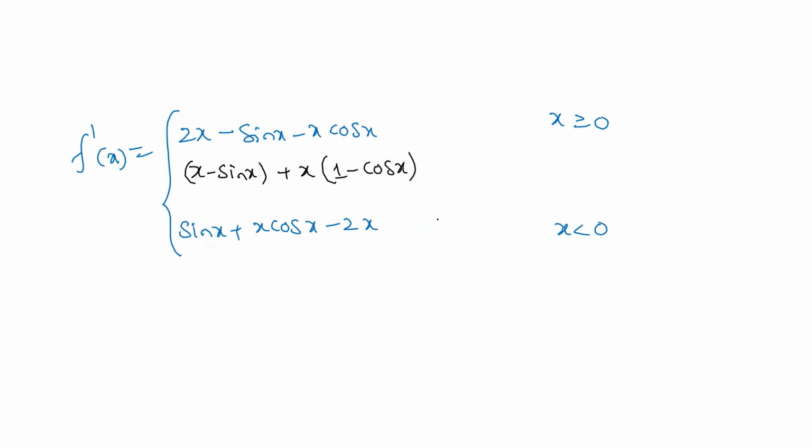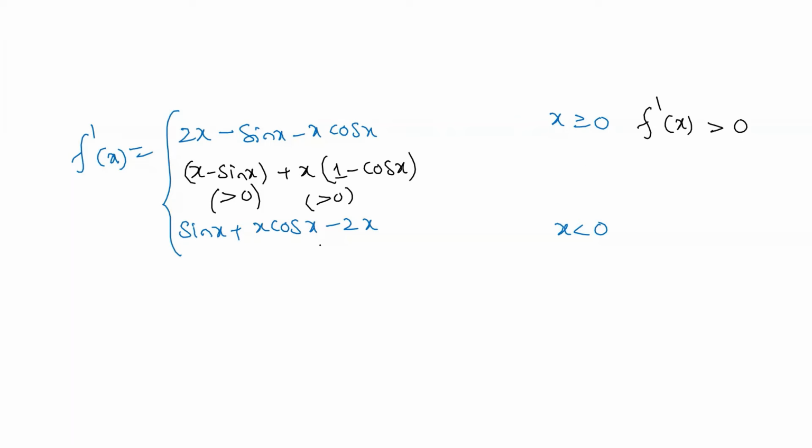So now one thing that you observe from the properties: when x is greater than 0, x is going to be bigger than sin x. So this is going to be a positive value. When x equals 0, this is going to be 0, but in all other cases this is going to be a positive value. Similarly, cos x is always smaller than 1, so 1 minus cos x is a positive value, and we know x is a positive value, so this is ultimately greater than 0. So when x is greater than or equal to 0, ultimately what we got is f dash of x is greater than 0.